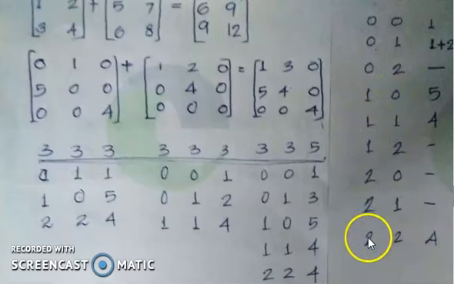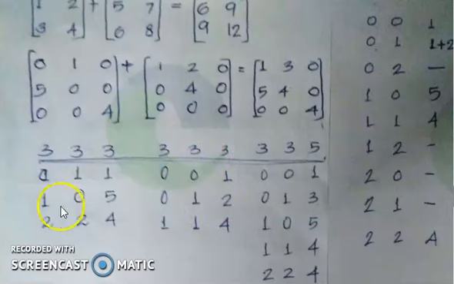Let us see 0 0. Is there any value at 0 0? There is no value in the matrix, but we have a 0 0 in this triplet form. What is that value? 1. We are writing 0 0 as 1. At location 0 1 we have a 1 here and a 2 here. So if they are repeating, just add them. So at 0 1 we have 1 plus 2, and at 0 2 there is no entry here. As is the case with this matrix also, there is no entry at 0 2.